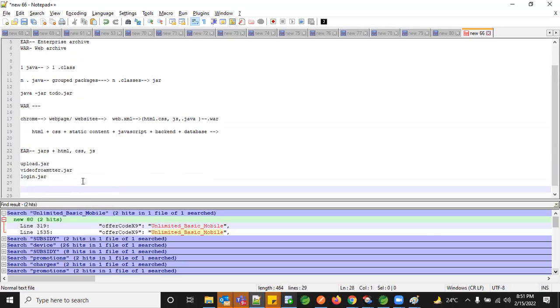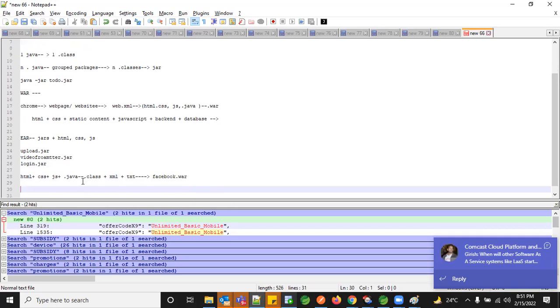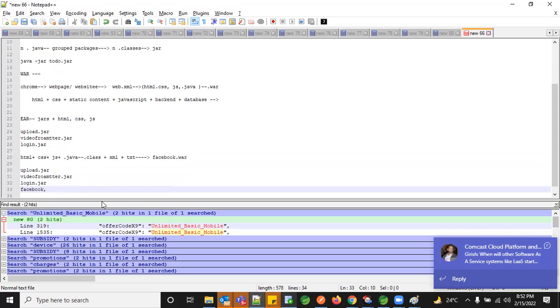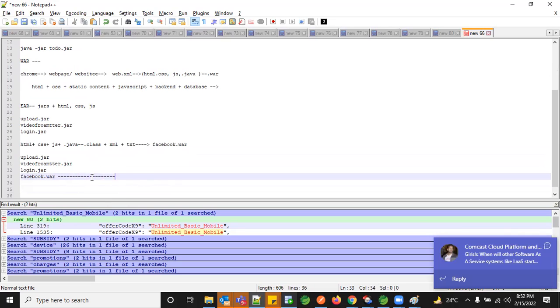Now, if you take as a web application, you will have everything together like HTML, CSS, JavaScript, and all your .java files, which are converted into .class files, everything together, even your XML files, okay, and you have your text files, everything will be converted into a single file called Facebook.war. Okay. Now, if you come to EAR, what happens? You have everything, all these things. And along with this, you have Facebook.war, and it will be together called as something called insta.ear. Got it?